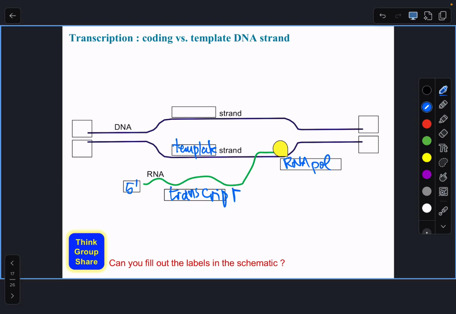So the way that this works, and we'll see that in the next couple slides, is nucleotides come into that template strand and bind to the template strand based on base complementarity. And once RNA polymerase senses that there is a good match between the incoming nucleotide and the sequence in the template, it will catalyze that reaction of stitching this new nucleotide to the growing transcript. Okay? And what do we call the other one? Coding.